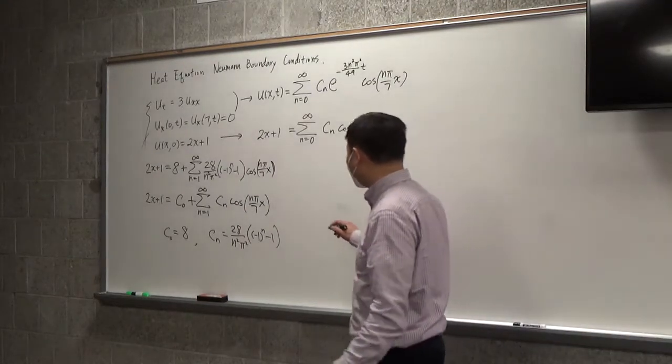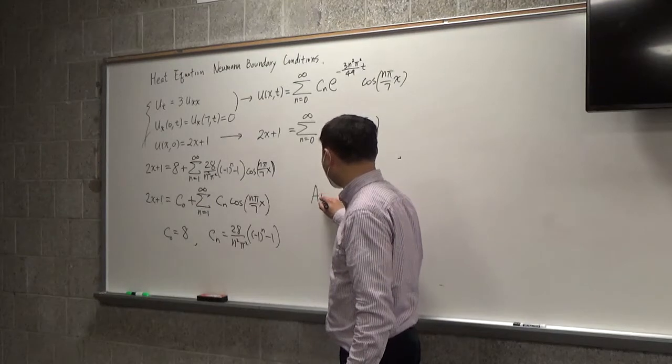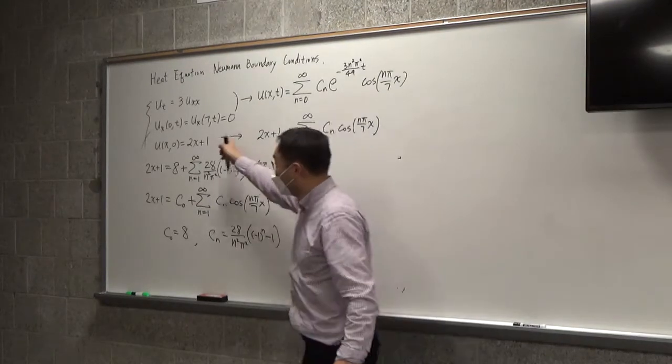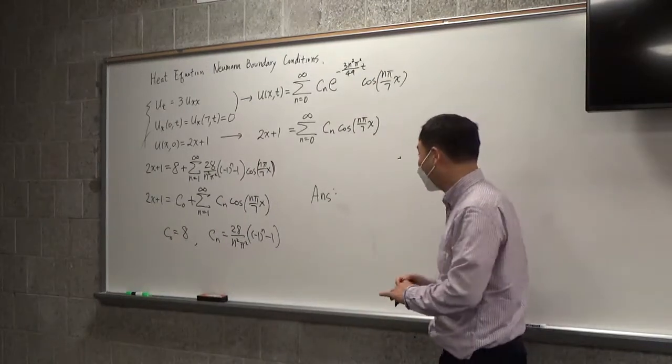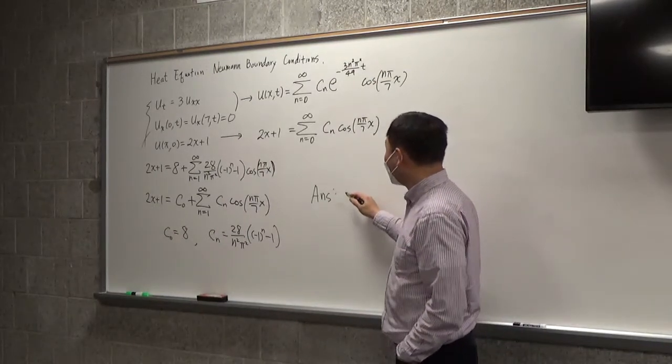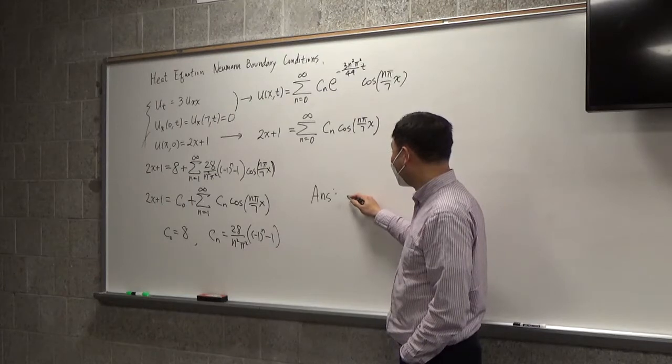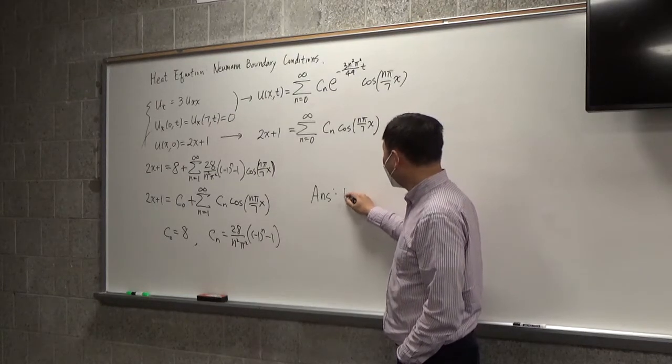All right, so what is the answer? I can write down the answer for the entire question, okay? So it was a bit long journey, but we're almost at the end of it, okay? All right, so the answer is that u(x,t)